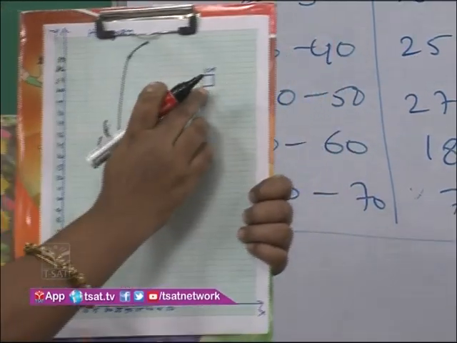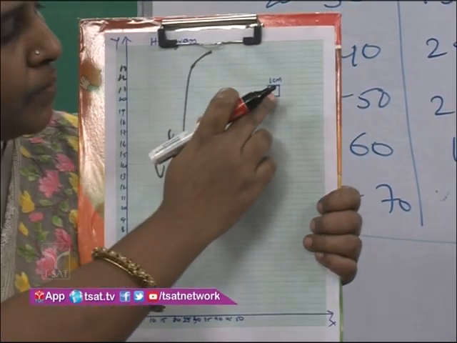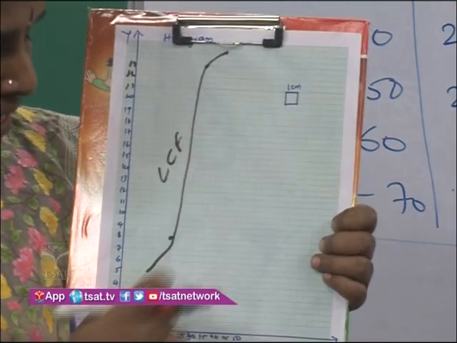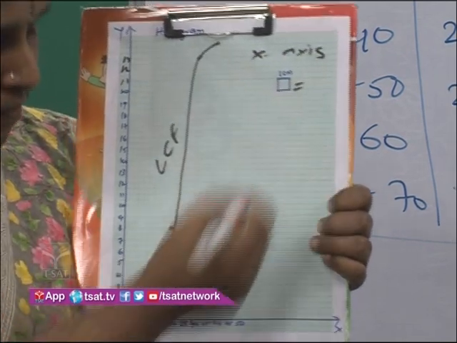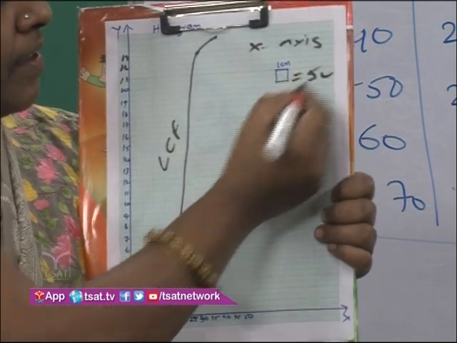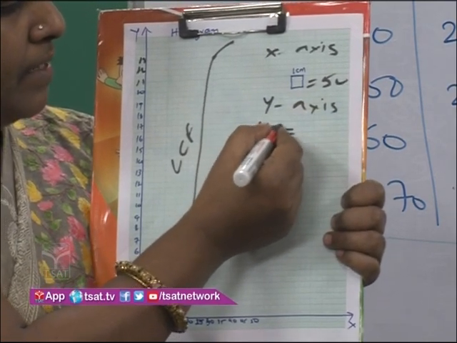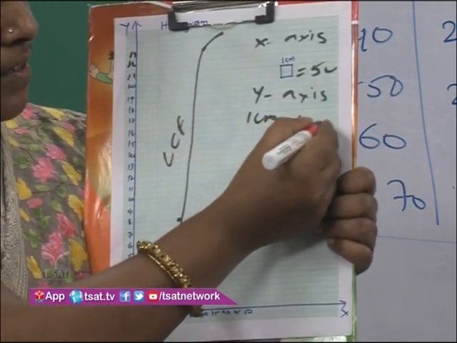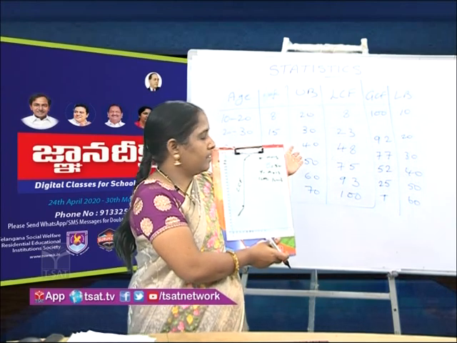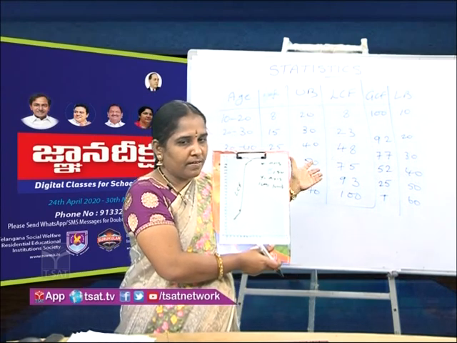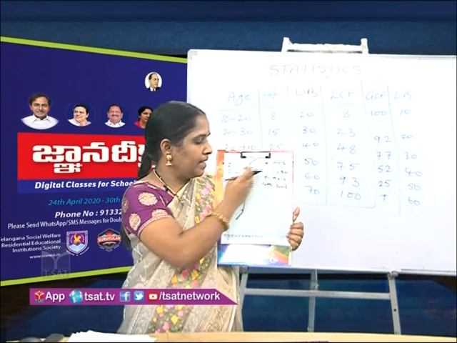Okay, and here this small square, we have many squares on the graph paper. This small square we consider as 1 centimeter, and on the x-axis we have taken 1 centimeter is equal to 5 units, if you observe, and on the y-axis I have taken 1 centimeter is equal to only 1 unit. So this is how we take an appropriate scale according to the requirement. Looking at the values, we decide the scale and take the values on the x-axis and y-axis and draw the graph.